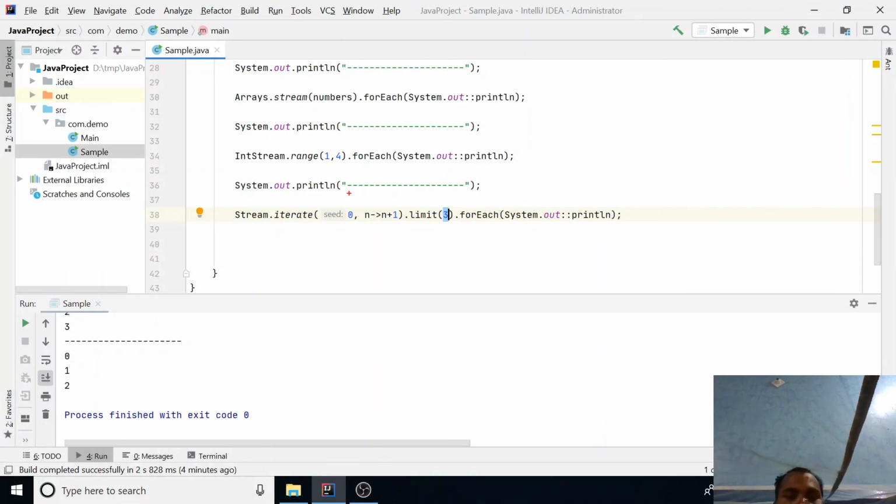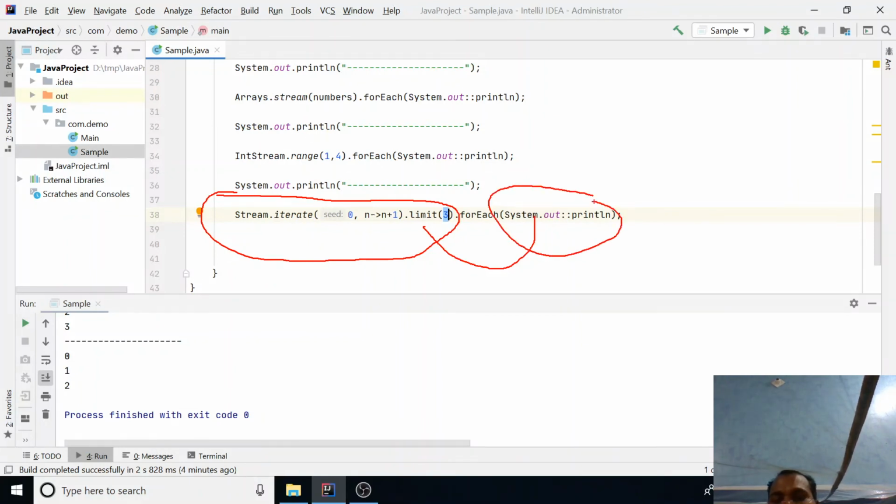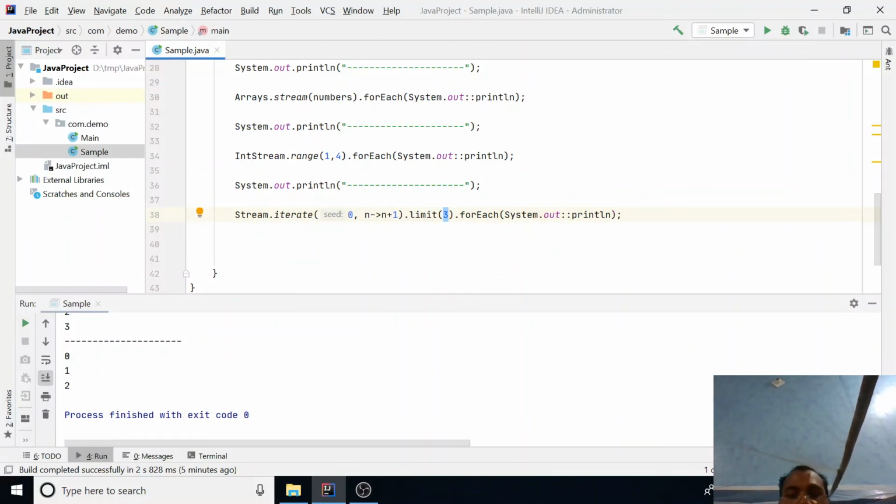Now again this becomes a stream of your three elements, and from this stream one element is passed to your lambda, and this lambda function prints your value. This is responsible for printing.